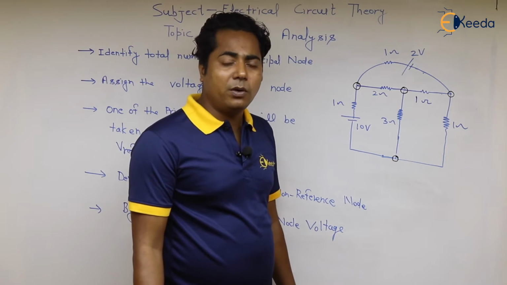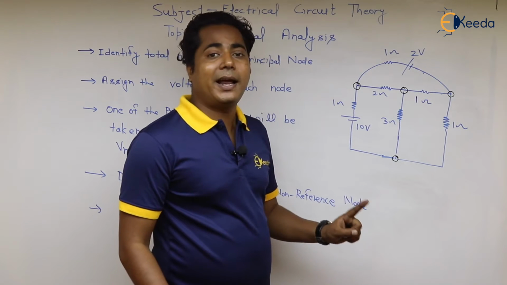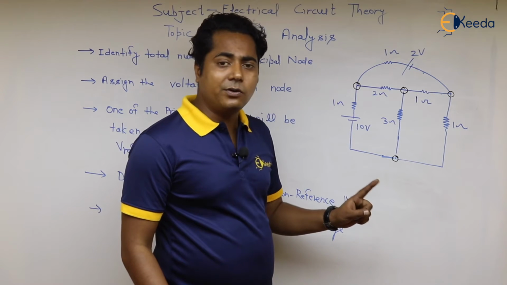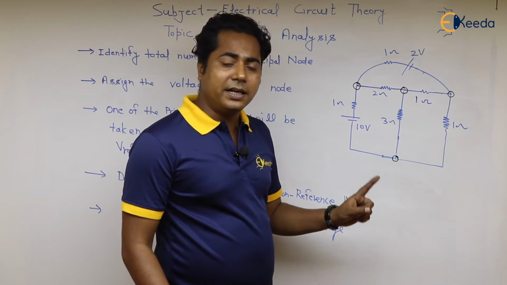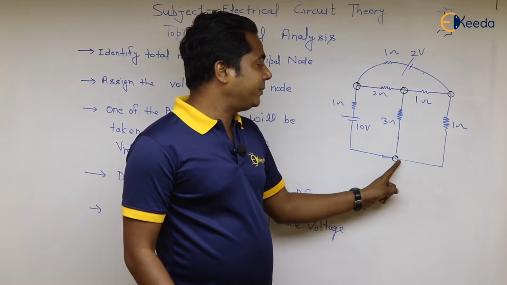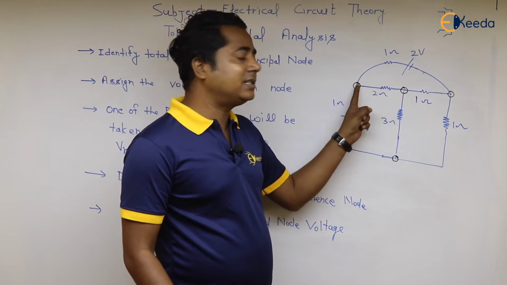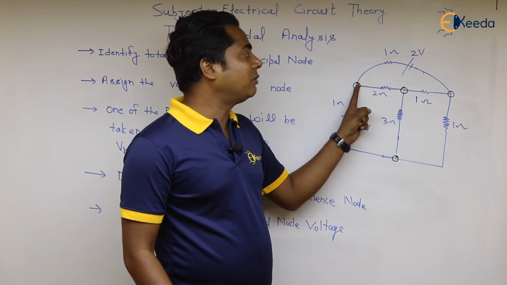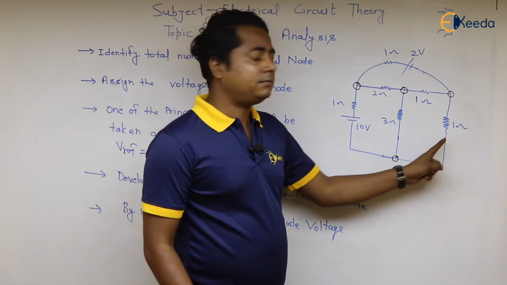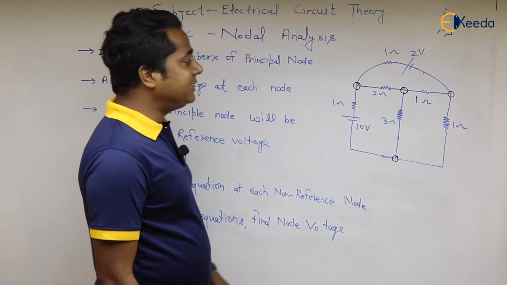In the next step, what will we do? We will take one principal node as the reference node, and the reference node will be equal to ground voltage. Ground voltage means 0. Among the 4 principal nodes, we can take any node as the reference voltage. If you take this, there will be no difference while calculating the current in this resistor. And the next point is, develop KCL equation at